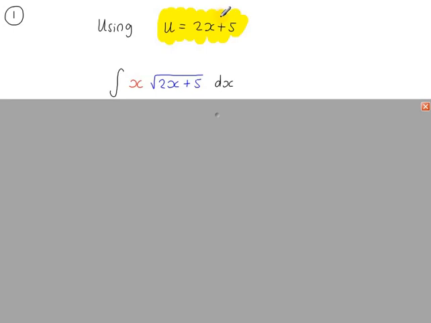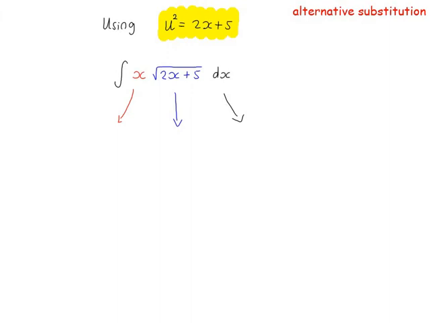Now this is not the only substitution that works, so here's an alternative method. So we're going to use u squared is equal to 2x plus 5 for the substitution this time. So now x will be u squared minus 5, and then we divide by 2, and if we square root both sides here, we get u is equal to 2x plus 5, and then the square root of that. So this is u,